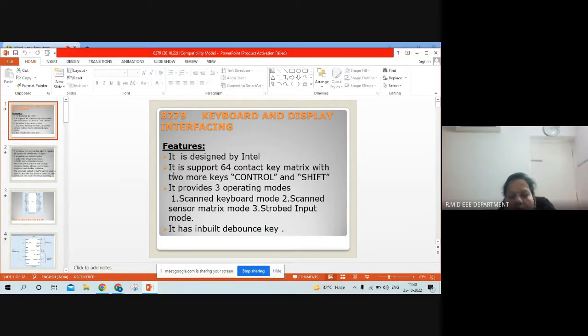In this video, I'm going to explain about IC 8279, which is a keyboard and display interfacing IC. Before going to know the functioning of IC 8279, first we need to know why we need to go for this IC. Even though we have the 8255 IC, which is the programmable peripheral interface, with that IC we can connect any number of peripheral devices, whether input or output devices, to the processor. But at the same time, with that IC 8255, if you are interfacing keyboard or display devices